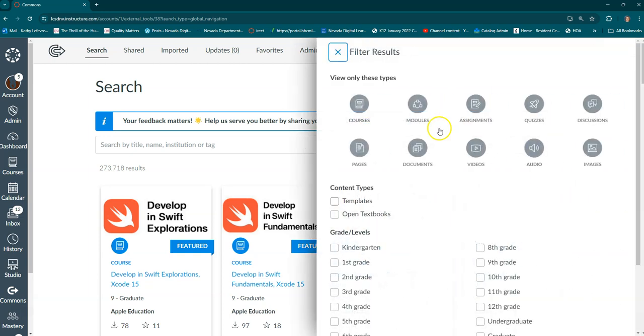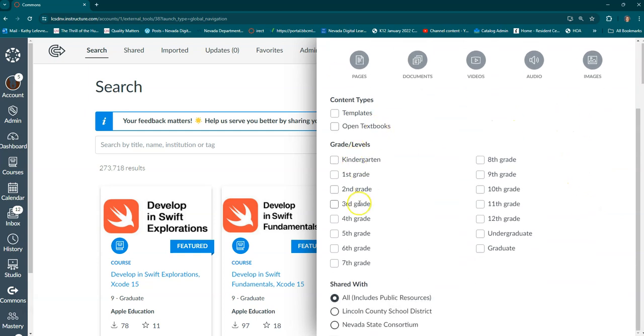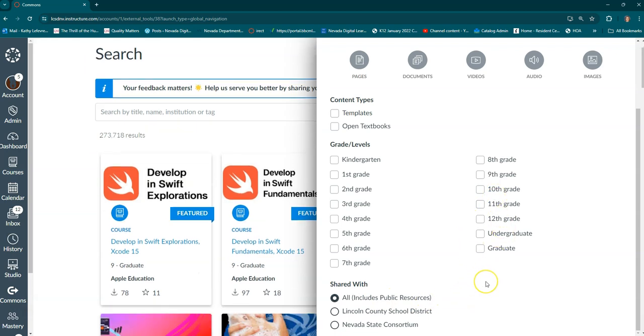If I click on the filter, I can filter out by courses, modules, quizzes. I can do templates. I can choose by grade level, especially if you're out there looking for resources everywhere. So if you're looking at all public resources, then you might want to search by grade level, since we don't have a lot within the state of Nevada. Or you can do the Nevada State Consortium, which is all schools within the state, or your own district